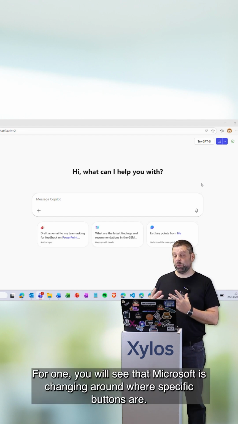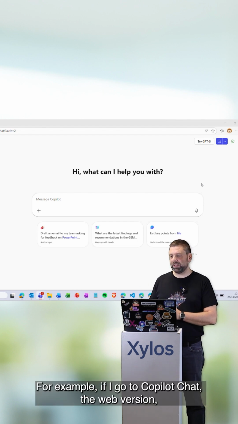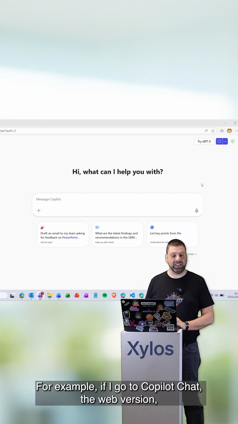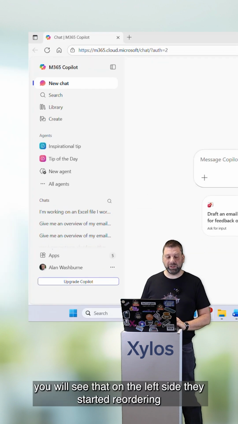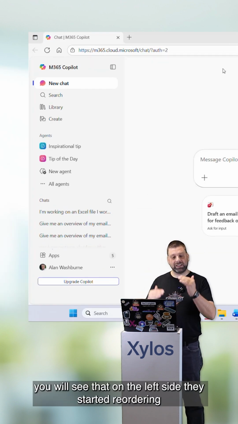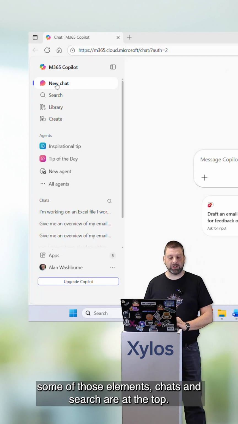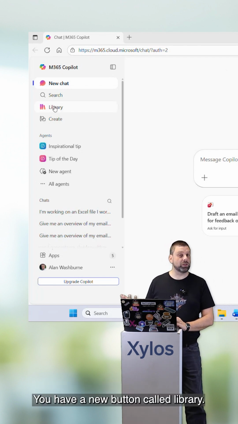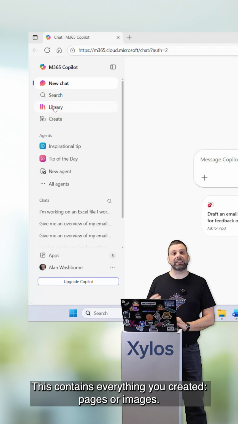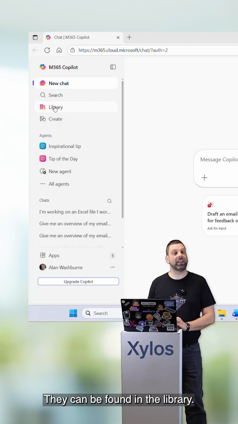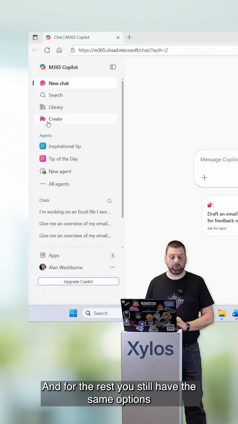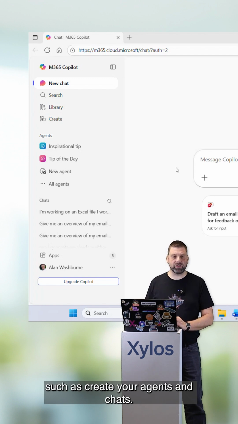For one, you will see that Microsoft is changing around where specific buttons are. For example, if I go to Copilot Chats, the web version, you will see that on the left side they started reordering some of those elements. Chats and search are at the top. You have a new button called Library. This contains everything you created, be it pages or images. They can be found in the library, and for the rest you still have the same options such as create,